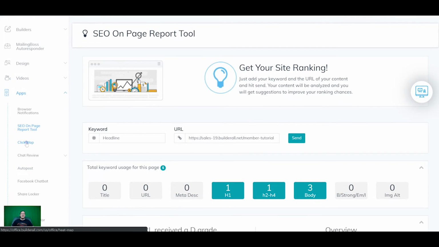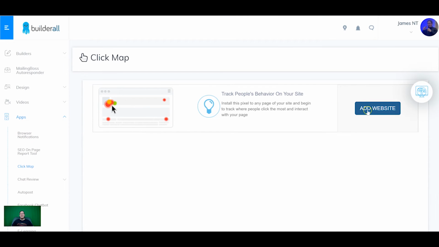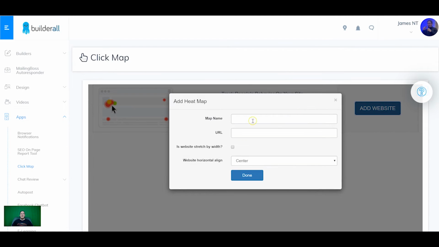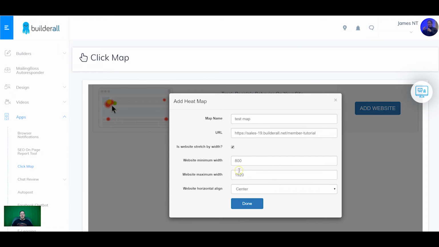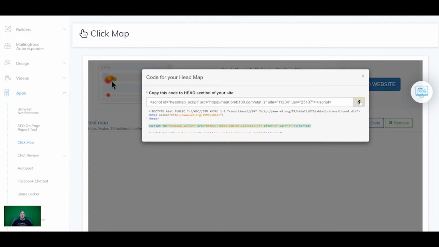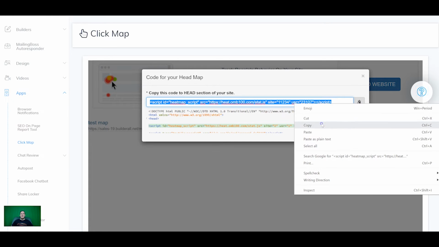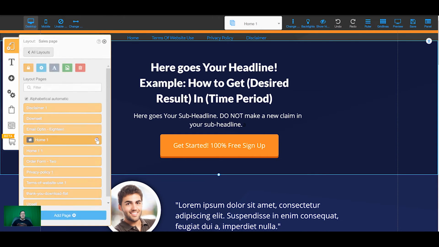So the next one we're going to do is click map, and this is a heat map for your site. It's a simple code that you put into your website and it shows where people are clicking. So it shows which buttons and which links are getting the most clicks. So if we click add website, we can call it test map, grab the URL again, and you can leave that as it is. So now we've added it, we can get the code, copy the code onto the head page of your website just like before,